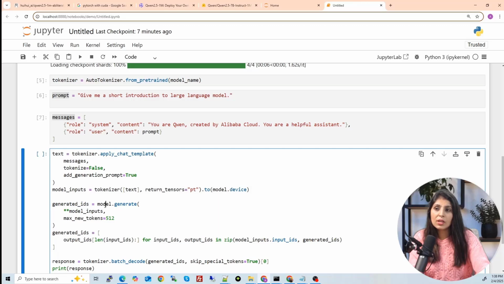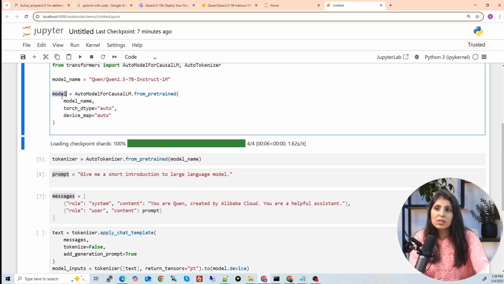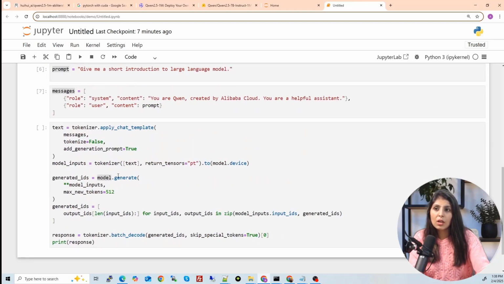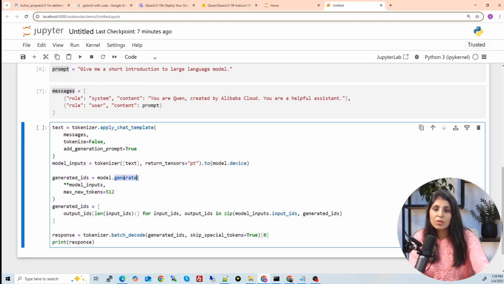So in this variable model, which model? This model, the Qwen 2.5 model. Dot generate will generate the answer. On what data do we want to generate the answer? What is the question? The question is lying in model underscore input, where we have applied the tokenizer on the text, and this text has the messages.